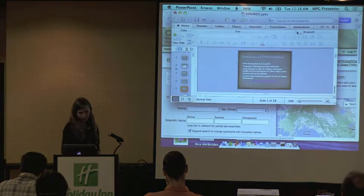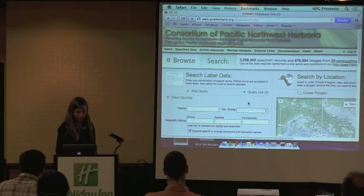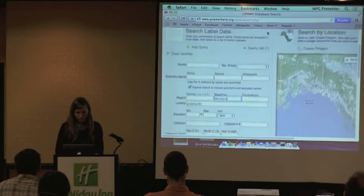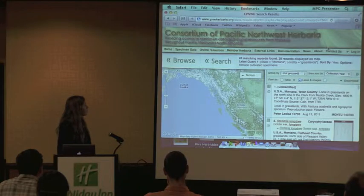So, for example, one of the greatest limitations of it is that you can't search for a habitat, and it's only limited by locality. So this is the only way to search for a habitat on the site. And so if we put in grassland in the state of Montana, it brings you back